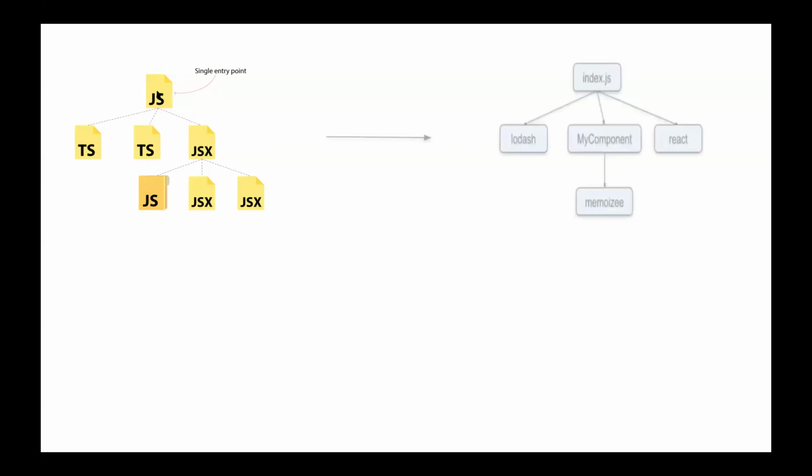Now, what Webpack does is it creates a dependency graph, like what all dependencies your code is using. It can be an npm module or it can be a different file as well. If you see, my index.js is dependent on my component, and it's also dependent on React. It's also dependent on Lodash. So it creates a dependency graph so that it can find out what all things it requires to bundle, rather than bundling everything, right? Because at the end of the day, optimizations come into play.